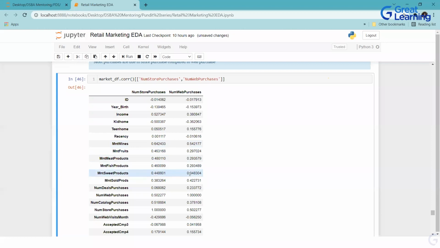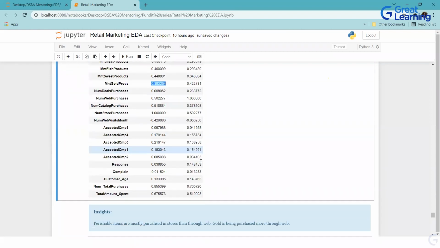So I can say perishable products are more purchased at a store. Gold is on a moderate but higher side on web purchase compared to the store side. So I can say perishable goods are more purchased in store. This is easy for you to relate things. If you see the complete matrix, it is very confusing.